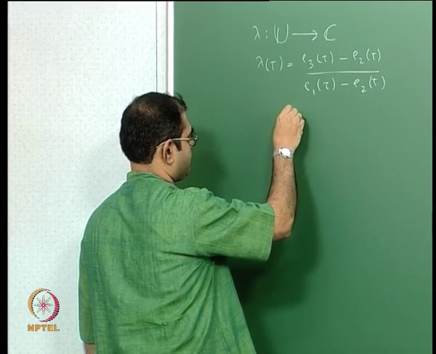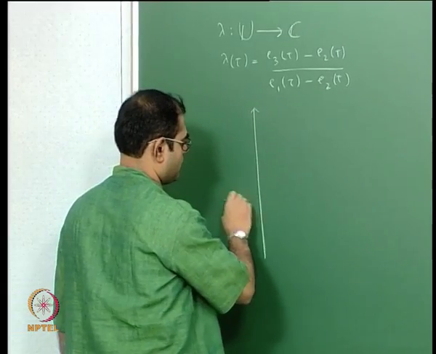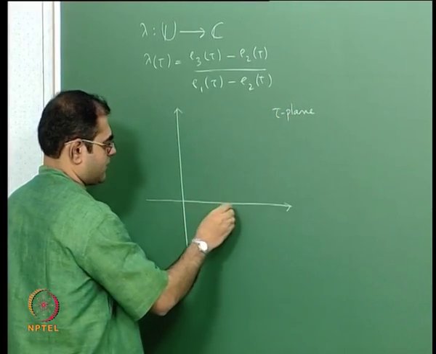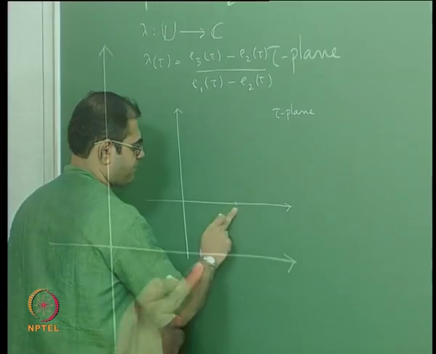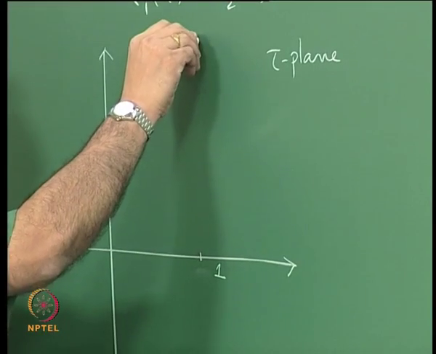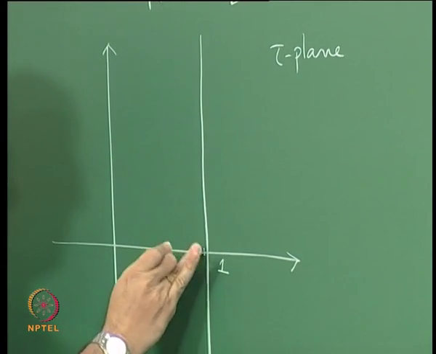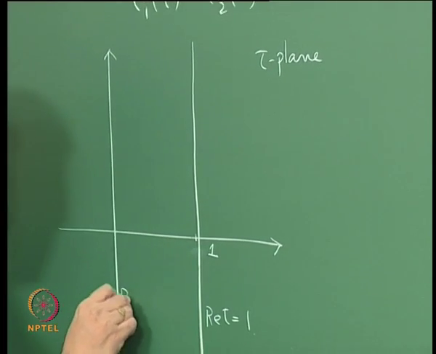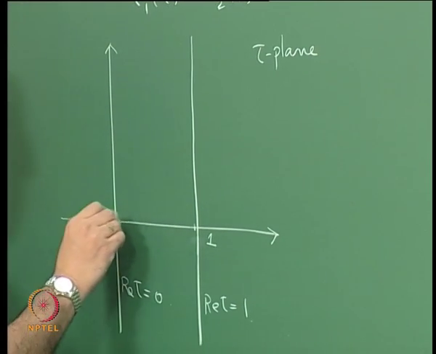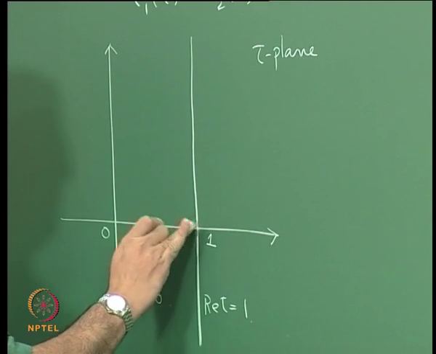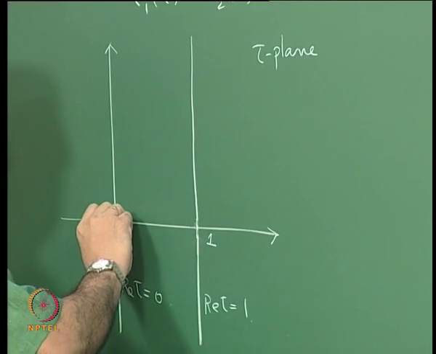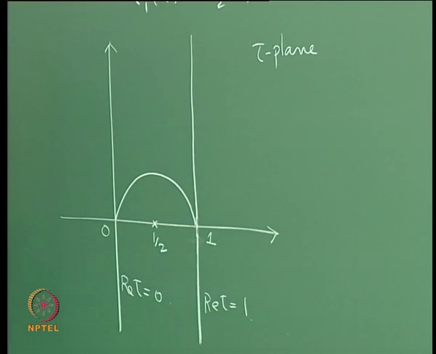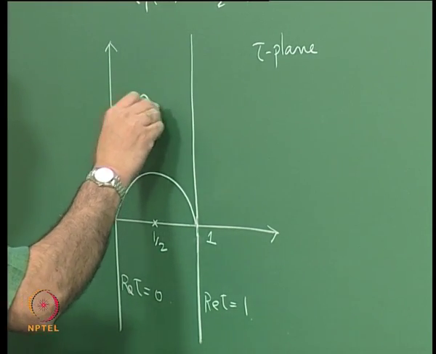see if you take the following region in the complex plane. So this is the tau plane, and we have, so this coordinate is 1, and well this is the line real part of tau equal to 1. This is of course the imaginary axis, real part of tau equal to 0, and then we take a semicircular arc which is centered at half and radius half, okay,